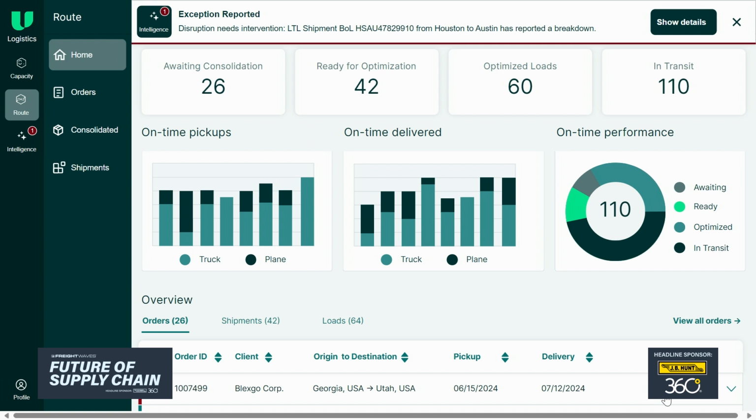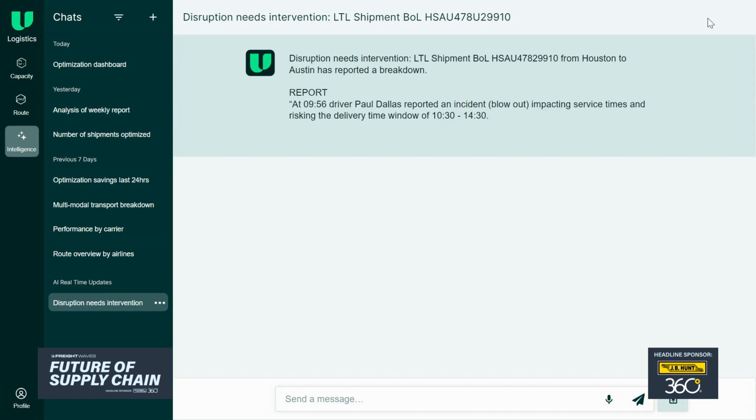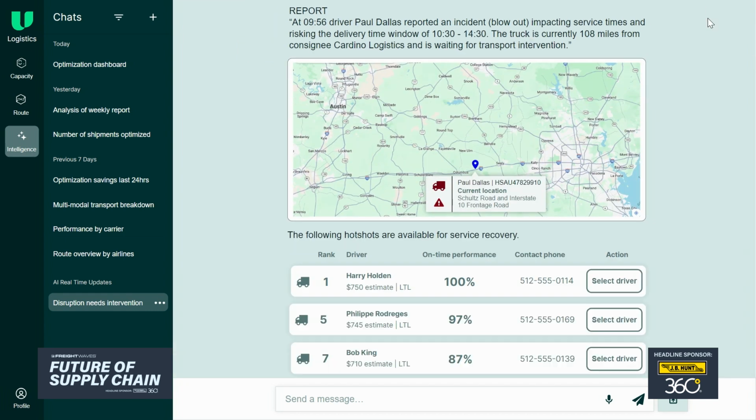Now, when you get back to your main dashboard, another interesting feature that we put into this is how do you manage disruptions en route? And this could be a multimodal disruption, this could be an ongoing disruption, but it'll flag it, it'll send an alert, it'll drop you back into the intelligence hub. The Gen AI will give you a brief summary of the disruption, what was the cause of it, where it's at, and then go into your network of vendors, suppliers, brokers, and begin searching for those who can help you